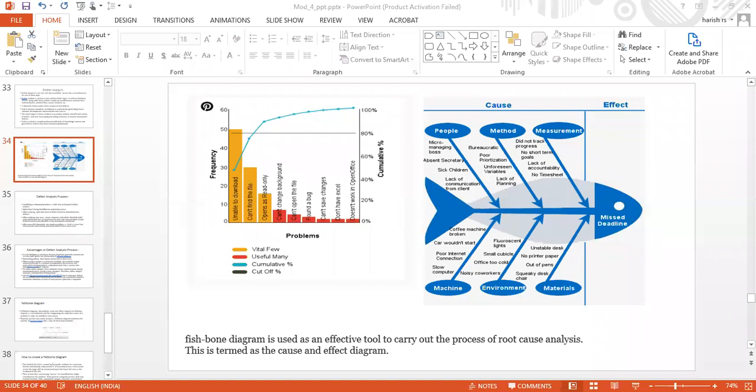Then we have various methods. What methods could they have used? Their group did not plan properly, so there will be an error. Then priority was not given to the given task, so that methodology was not used. They didn't give priority to the importance of that particular deadline. So the methods should be corrected for the next stage.